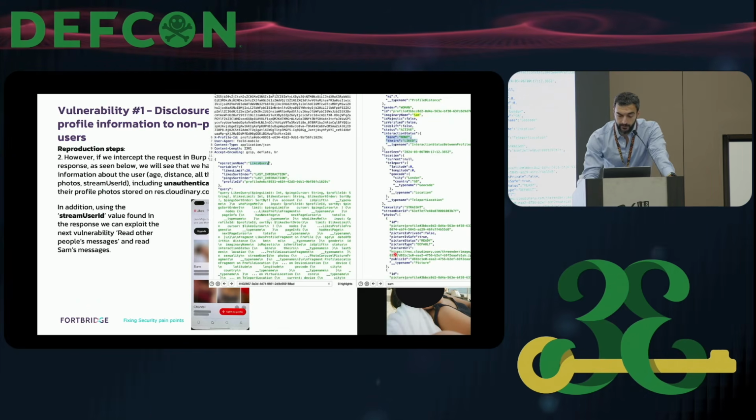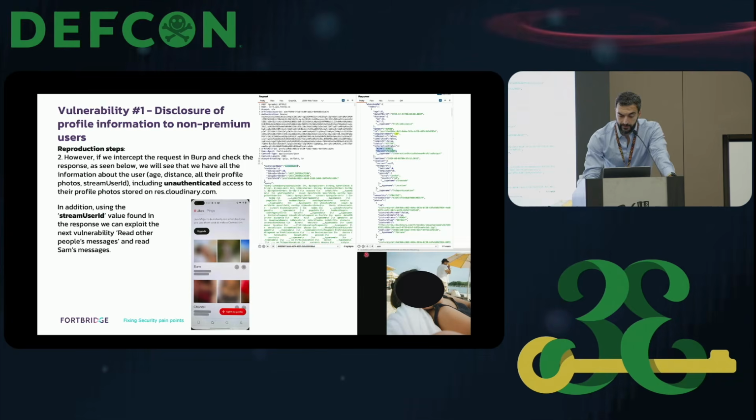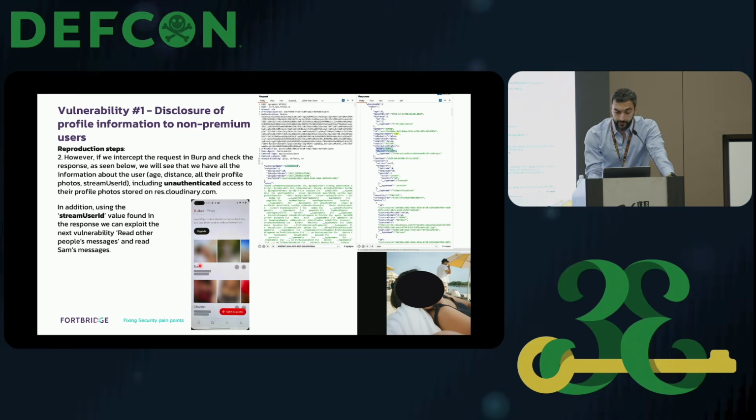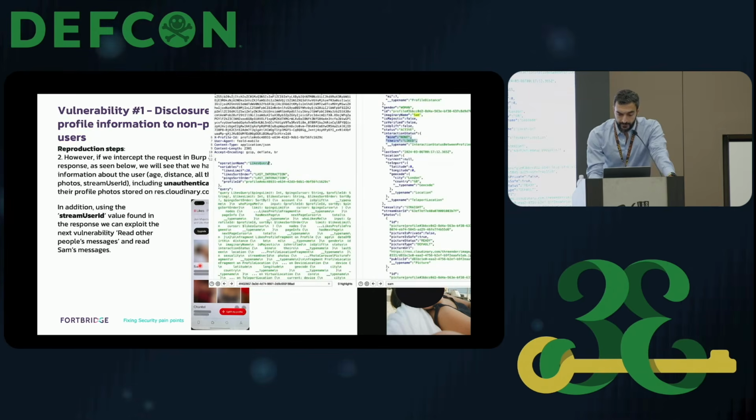If we copy the first photo of this user Sam and paste it in the browser, we will get the unblurred photo of user Sam, which belongs to this first blurred photo. So as a basic user, without paying for a premium subscription, we managed to get more information than probably a premium user could get. Okay, so this was the first vulnerability, disclosure of profile information to non-premium users.